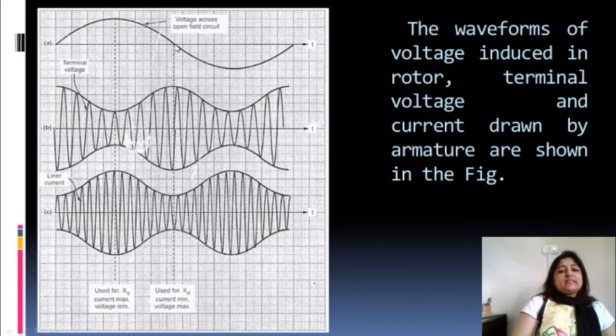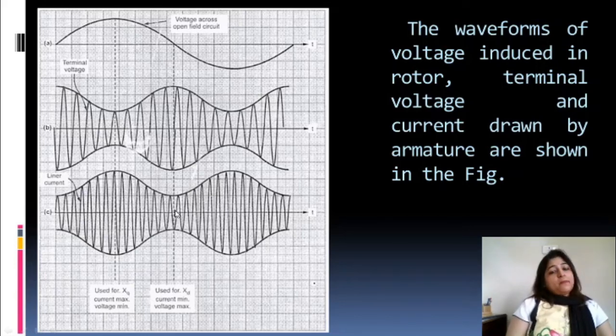Now what will happen at XD is the voltage induced will be minimum, that is 0, and hence the current which is flowing, the current drawn by the armature, will also be minimum. And because the current drawn by the armature will be minimum, the drops will be minimum, and because all the drops will be minimum, the terminal voltage will be maximum. And this is what happens along the d-axis, the direct axis: current will always be minimum, voltage will always be maximum. So this is what happens. This is the waveform of the slip test you need to draw when it is asked as a theory question as well as in the lab also.